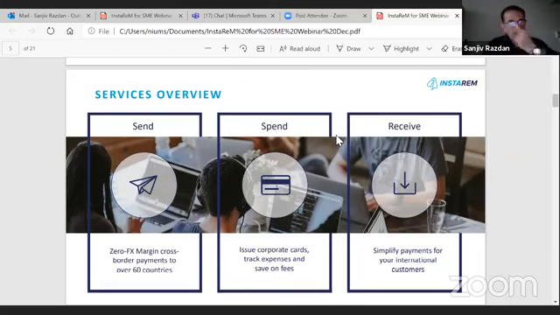So we can issue corporate cards to businesses, and they can use this for their employees' travel and business travel and entertainment spend. And the third is receive, where we can help to collect money from your customers. So for example, if you are somebody based in Malaysia and you want to collect money from someone in Singapore, then we can open what we call a virtual bank account for you in Singapore, and your customers can pay in Sing dollars in this virtual bank account that we open for you, and then we transfer this money